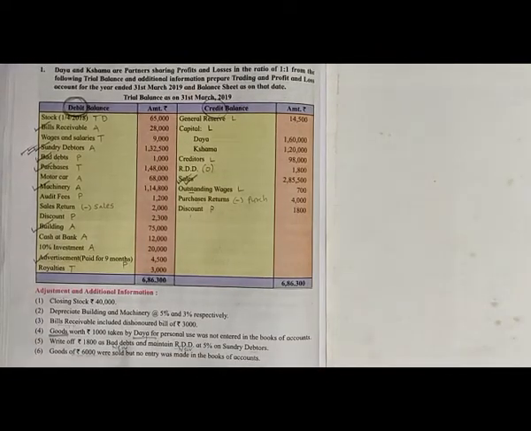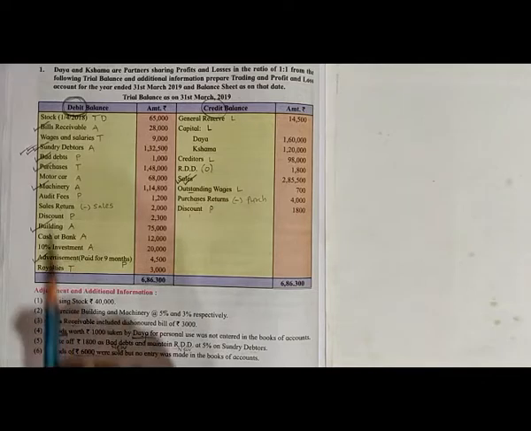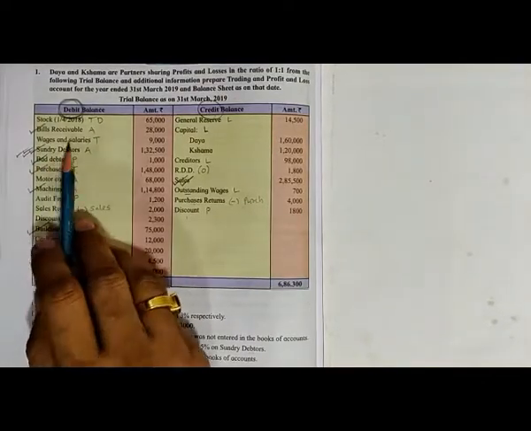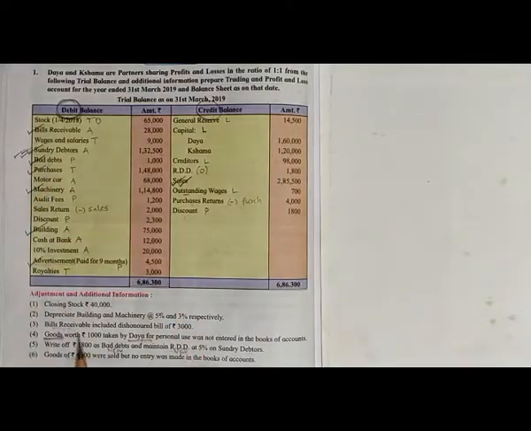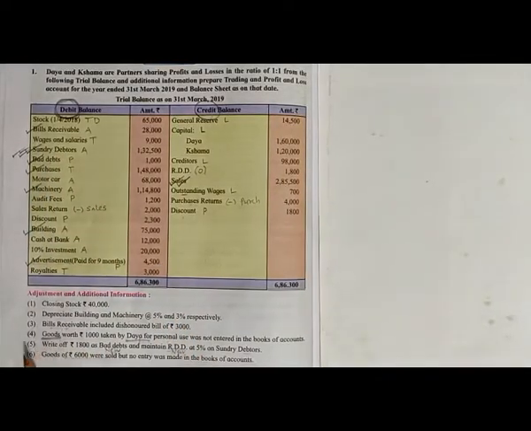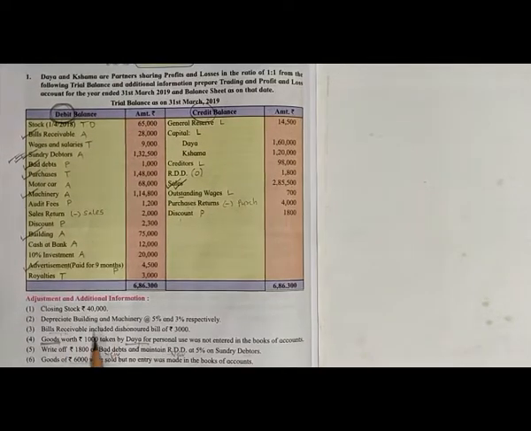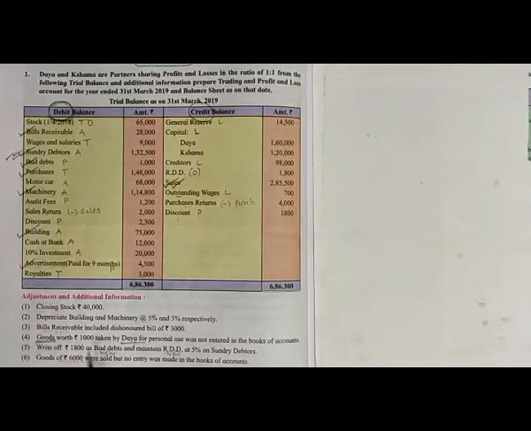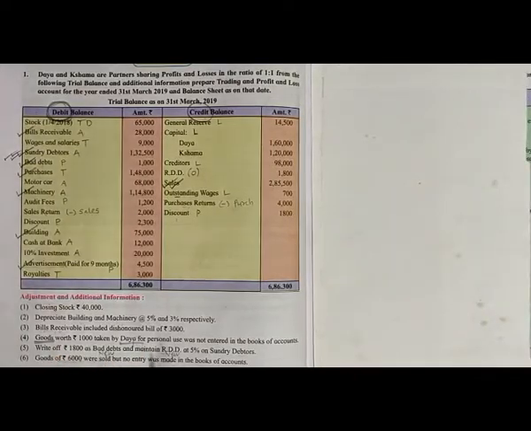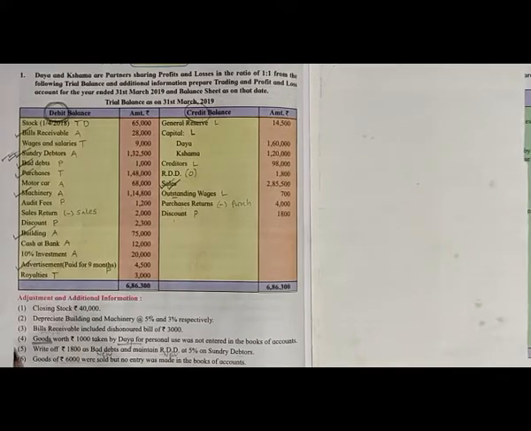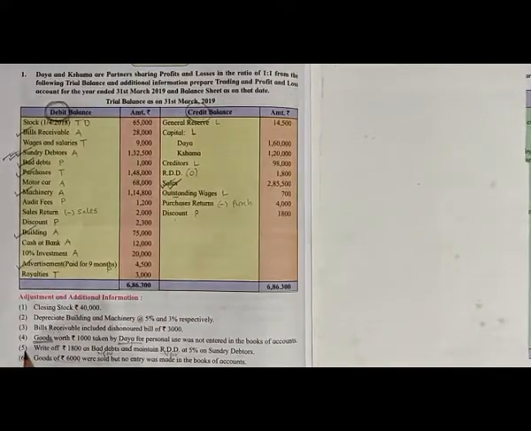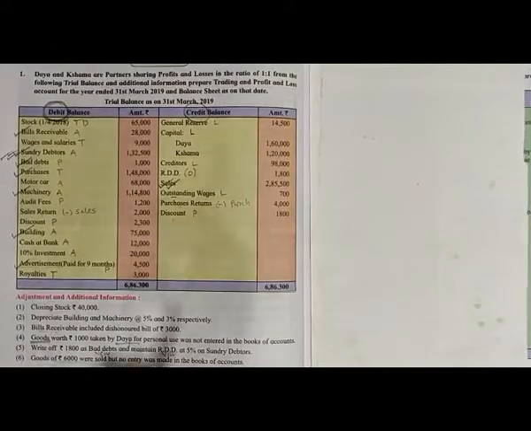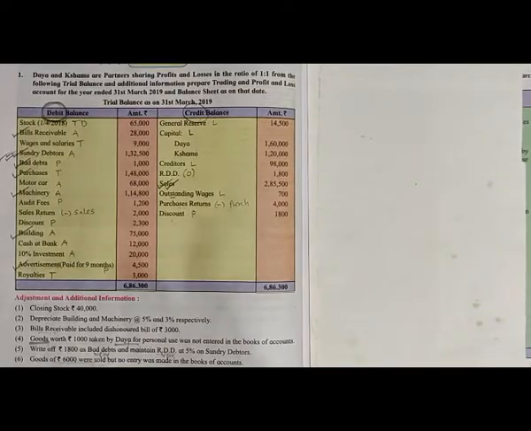If you observe in this question, there are four adjustments on sundry debtors. Utmost care should be taken while solving such adjustments. In this question, the first adjustment on debtors is bill receivable dishonored. The next adjustments on debtors are new bad debt and new RDD. But we will not solve them at first, because we have to bring the amount of debtors to the actual value.